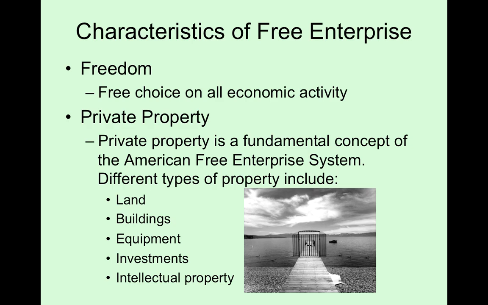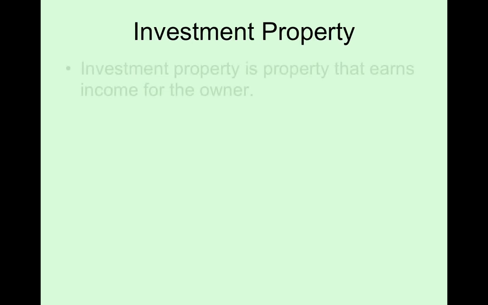So let's take a look at investments. I think land is fairly easy for you to understand, the concept of the land itself, and the purchasing of buildings on that land, and the equipment, which could be capital. Remember that could be capital for your businesses, but these could also be consumer goods as well. Like a lawnmower, if that's not part of your business, then that would be a consumer good, but it's still your private or personal property. So let's look at investments.